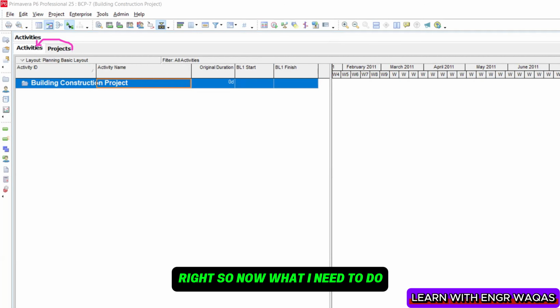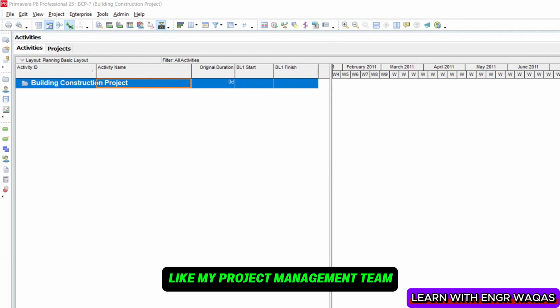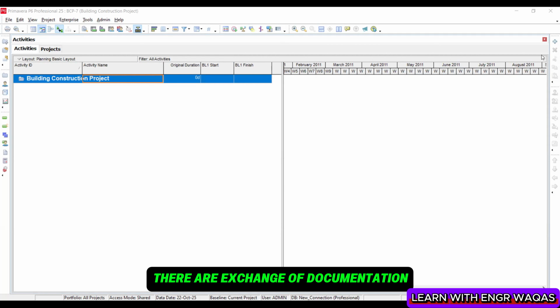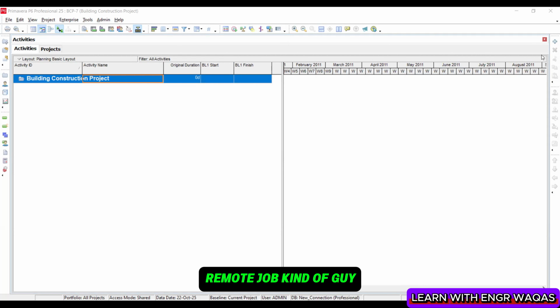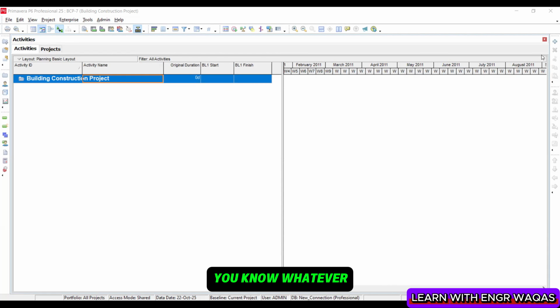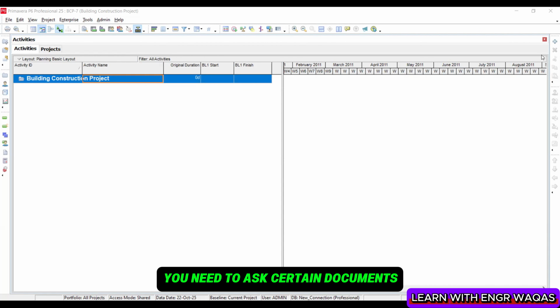So now what I need to do, I have to go step by step. Here different kinds of meetings are going to happen, like my project management team, my consultant, and client are going to sit together. There is exchange of documentation, and there are many things which are going to help us grow as a planner. If you are working as a freelancer, a remote job kind of person, then here you need to negotiate with your client, and whoever is authorized to provide you all the instructions,